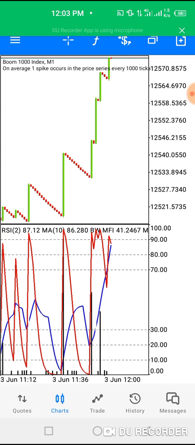So let's see on the boom 1000. Let's see on the boom 1000, it crossed over below 70. So we are still watching from here to see if our setup, we are going to see our setup over here. So let's take for instance